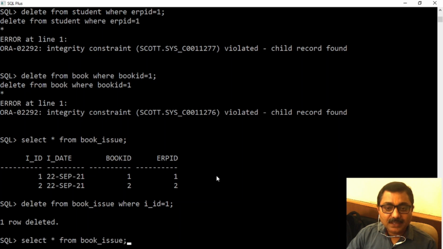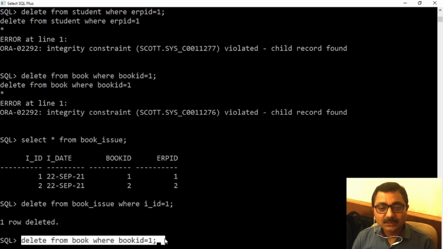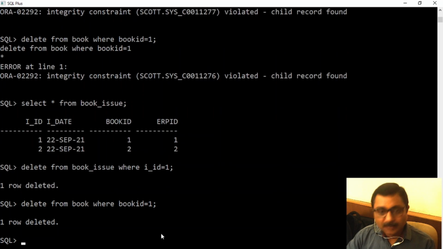So if I try to delete this book ID 1, I am trying to delete the detail of book 1 from the book table, I will be able to do it. See, done. But if I don't delete the child record and try to delete the master record, that's how the foreign key and master table relate.